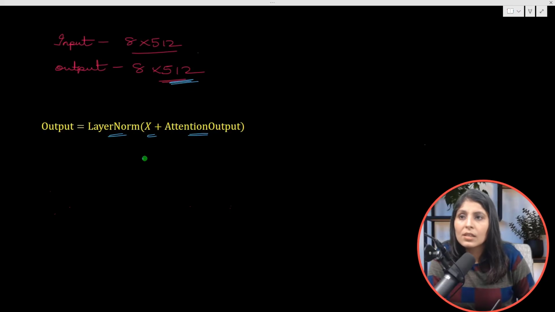Okay, and this x is the input of the encoder, which we got after performing positional encoding and embedding vector element wise addition. So we want to add this with the output which we got after the attention task. And if this size is different than 8 into 512, then we cannot perform the addition on it. Okay, so that's why it is mandatory that the input of the encoder and the output of the encoder should